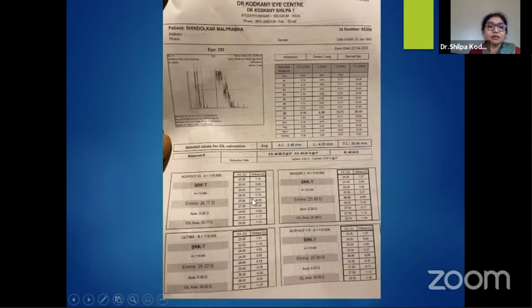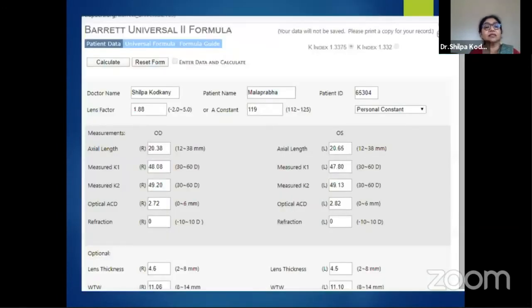Now, yes, 80% of the time you would be accurate, but all these newer advances are so that we can go higher in our percentages of accuracy to at least 90 to 95%. And that is why these kinds of formulas do come into play, and we can feed these parameters into the ASCRS Barrett 2 formula, and you can even feed in the lens thickness and white to white.